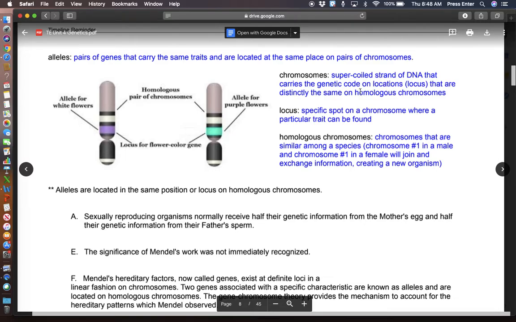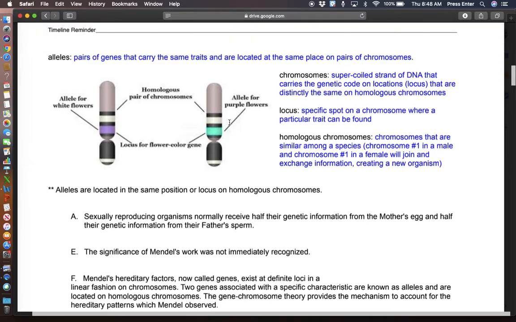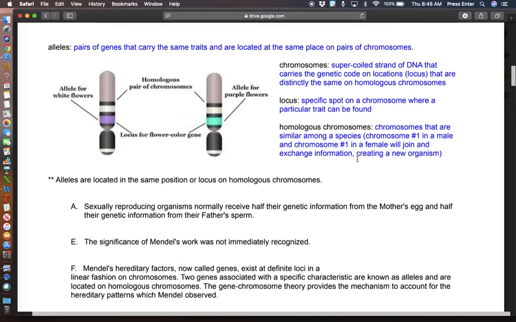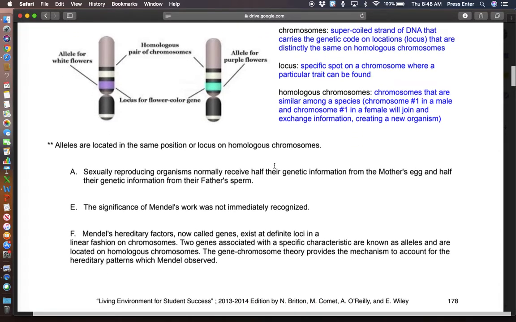So we already explained what chromosomes are, the supercoils. I am going to take some stuff home and do a video so you can see what I mean by supercoiled. The locus is the particular spot, just like a map has little dots that show where a city or a village is. That's what the locus is. The locus is a specific spot on a chromosome where that trait can be found. And we've already briefly mentioned what a homologous chromosome is, one from mom, one from dad, birth mother and birth father once again. So the alleles are always in the same position on those homologous chromosomes. It's very much like if you reach your hand out and someone else reaches their hand out, you can grab hands. Of course, you shouldn't be doing that right now, but they are in the same spot.